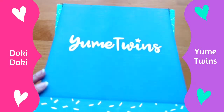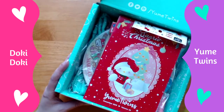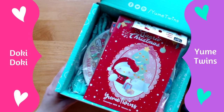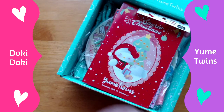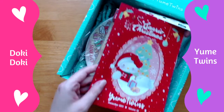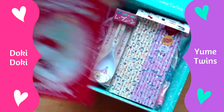So what do we have here? Sanrio Christmas. It looks like we may have gone full Christmas theme here. If you bear in mind what I said before, this could be a good thing. It could be a bad thing. I don't know. Sanrio is awesome. I do love the Sanrio characters. So if it's all Christmas, then it's all Christmas, and we'll just have to deal with that fact. We'll put that there for the